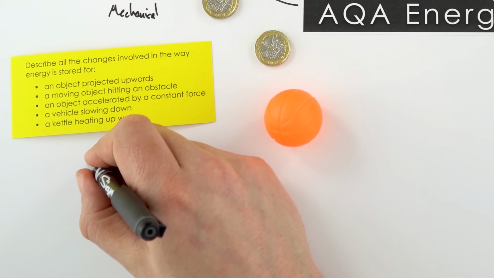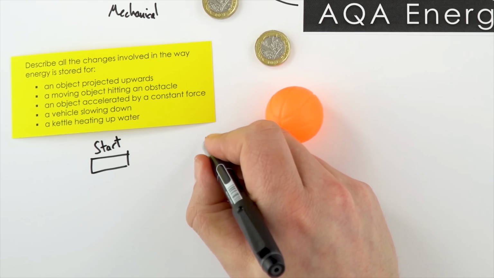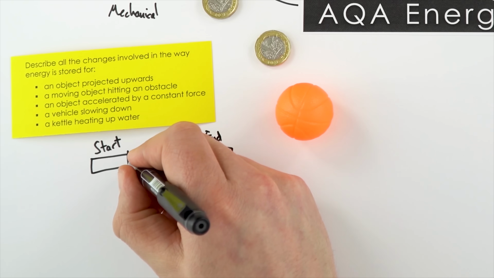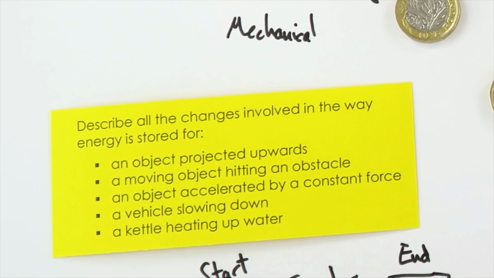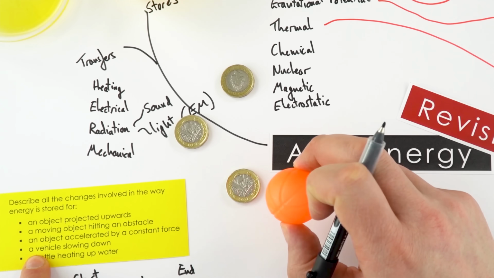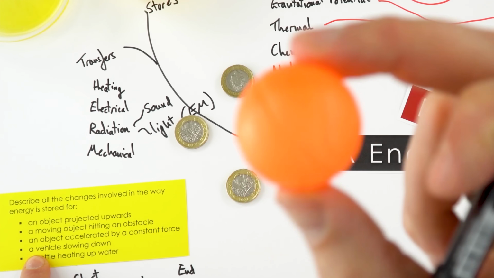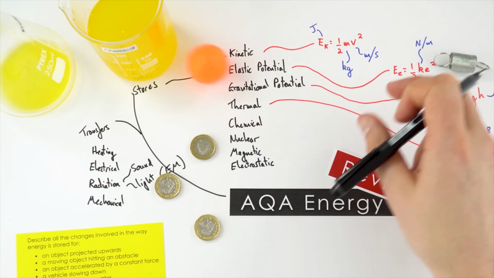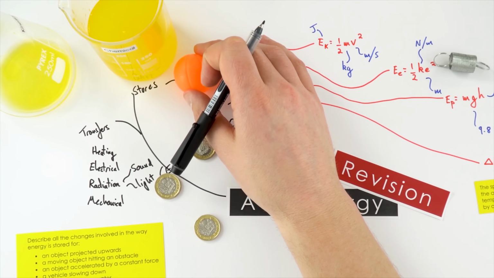Now, it's really important to look at the way that energy is transferred from one store to the other. At the start of a process, we can consider the energy store. We then need to define a clear end point, and we can consider how the energy is stored at this point. And then we can think about the transfer as well. So these are some of the things we need to think about. If you've got an object projected upwards, maybe it starts in the kinetic energy store and ends up transferred to the gravitational potential store. If you've got a moving object hitting an obstacle, it might go from the kinetic store, radiated by sound perhaps, into the thermal store of the surroundings.